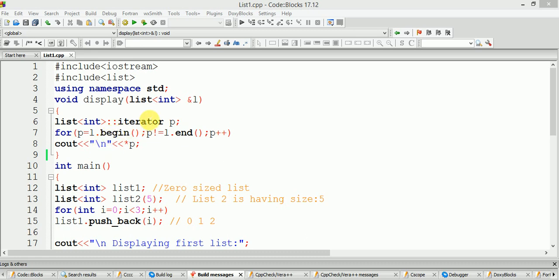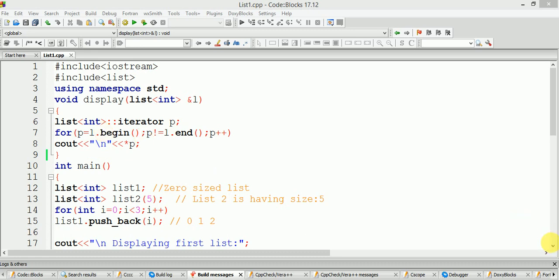Iterator P will be pointing towards the beginning and it will move up to the end of the list with pointer arithmetic of 1, and with the help of the dereferencing operator we are displaying the value at that particular address. When the loop runs for all of its iterations, all the values of the list will be displayed. The purpose is very clear: no need to write the iterator code again and again. We can simply pass the object of the list and the values of the list will be displayed.